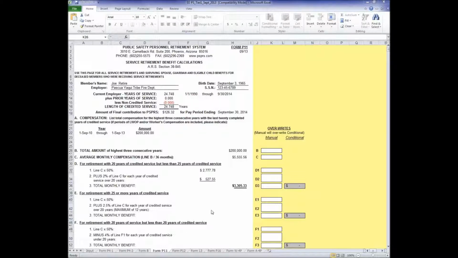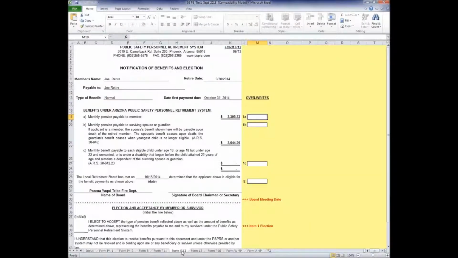So let's go into Form 12. This is very important that we see Form 12. This is where the benefits are actually calculated, what he actually will get on line 17, line 18, the dollar amount, what his spouse would get, a surviving spouse. And it comes from, again, the local board met on that particular date, and you're able to submit the paperwork. Okay? And then the next form would be